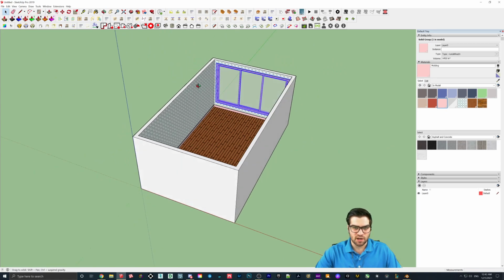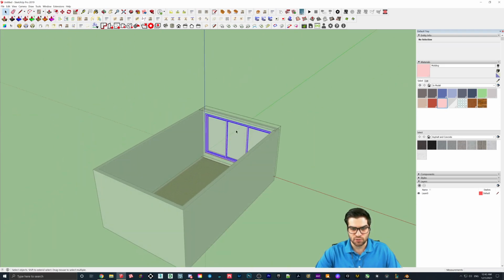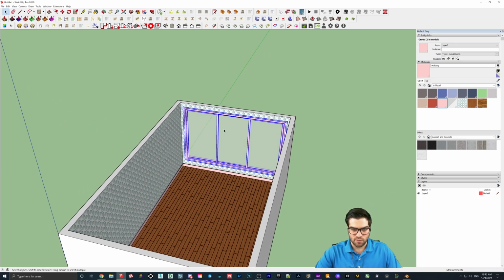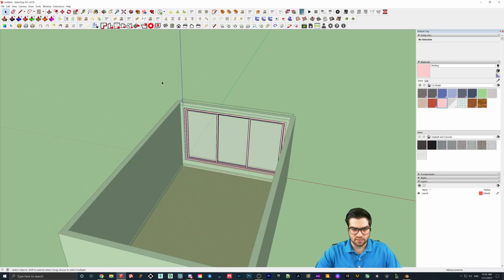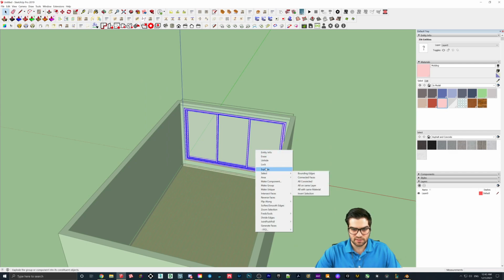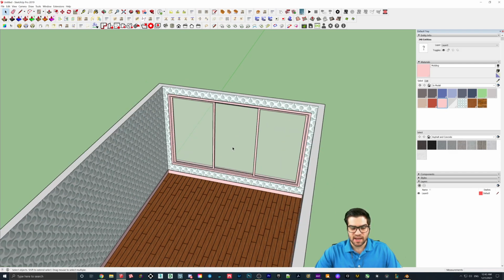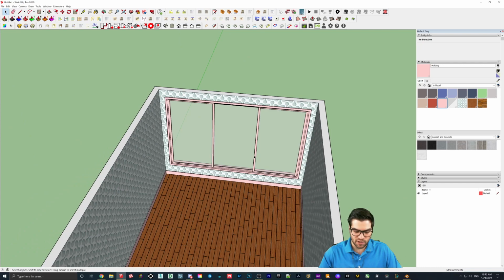Now, the thing that I was talking about that you need to fix is that if we go inside of this group, as you can see, there's a lot of kind of nested layers. We don't want that. So what we want to do is go one in, grab everything, and just explode. And we're just going to keep doing that like this. Yeah. And as I said, the problem that you might run into, if it says like there's like,